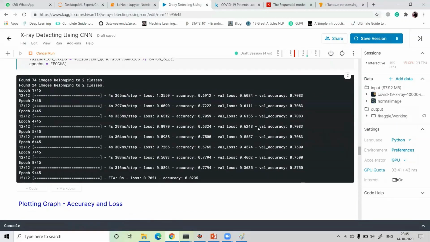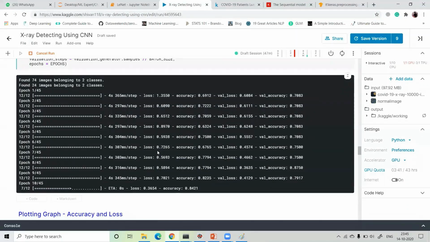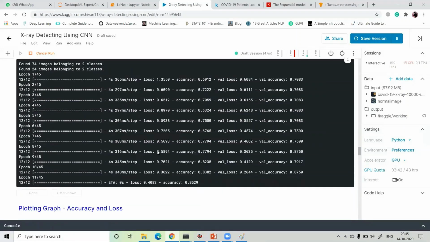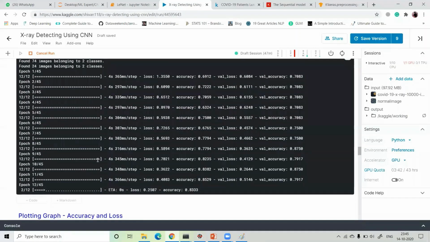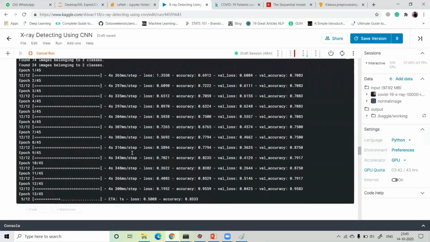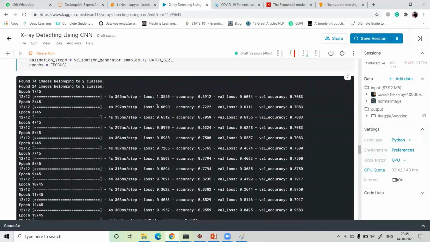Okay, so guys, it takes approximately 40 to 45 seconds, because we have defined 45 epochs. Our 12 epochs are complete. And see, guys, our loss is 1.35 in the first epoch, and then the accuracy is 70%.